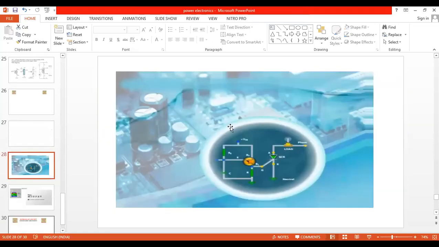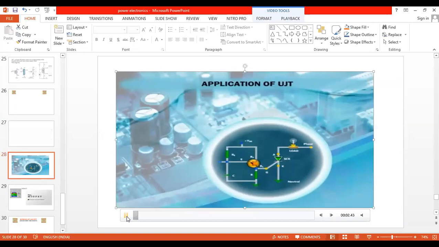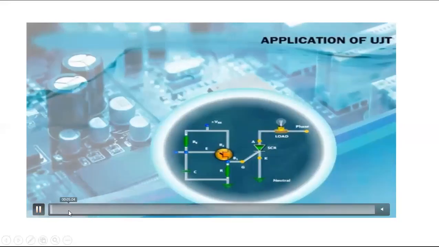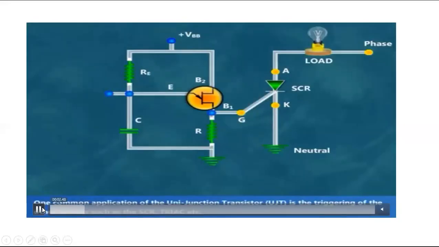Now, you are mentioning that UJT generates a pulse signal. So what we have to do with that pulse signal? So UJT pulse signal is applied to the gate terminal of SCR. You can see now the circuit, this circuit shows that we are having the bulb. So what we have to do, we have to control the brightness of the bulb. Okay, in order to control the brightness of the bulb, or if motor is placed, in order to control the speed of the motor, we place the SCR.